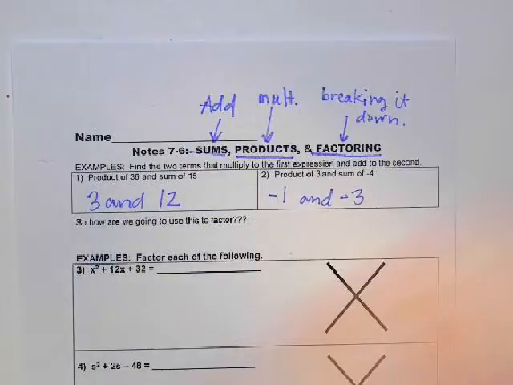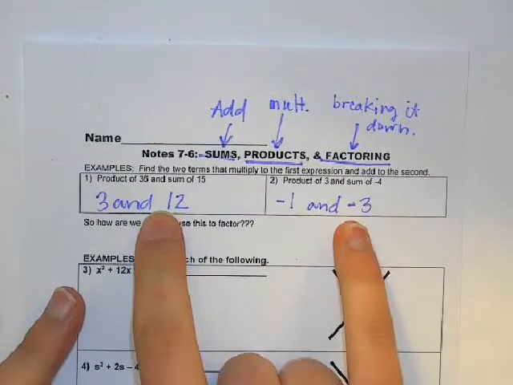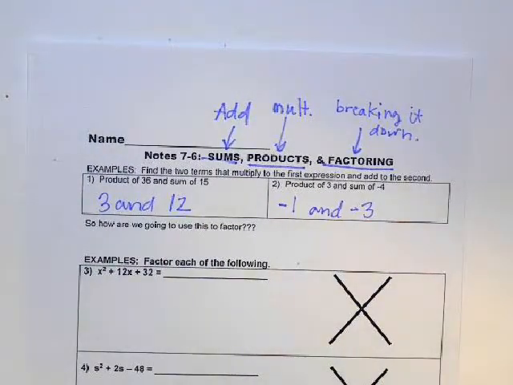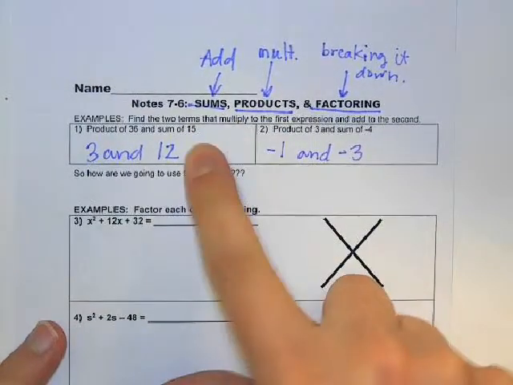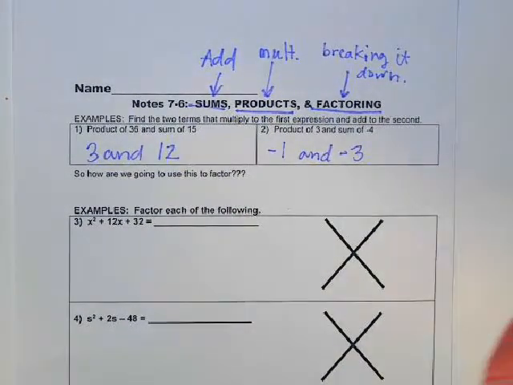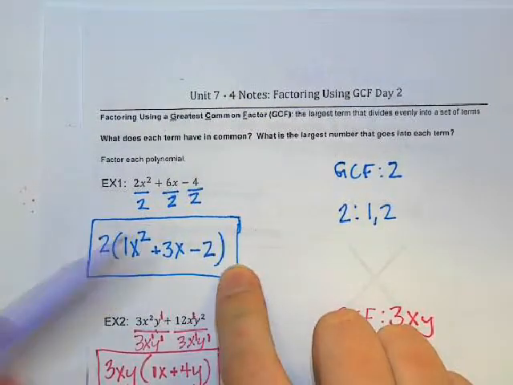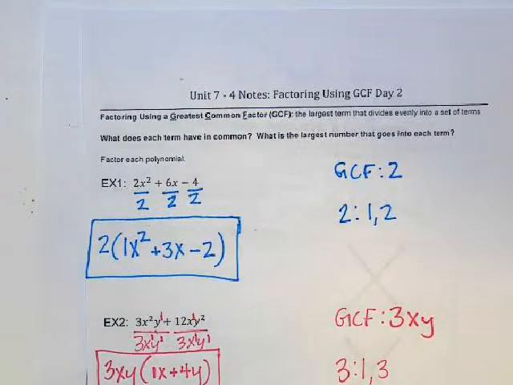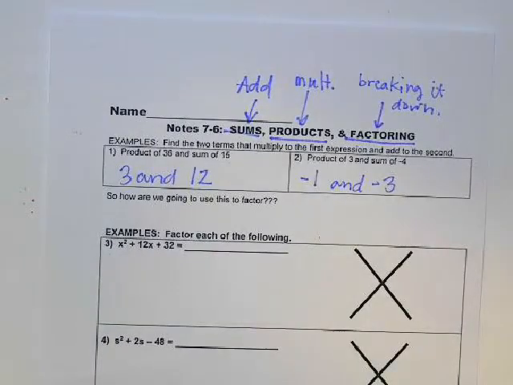Like I told you, this part right here is just one small piece to the whole puzzle. So how are we going to use this information to factor? Normally we learned factoring by using the GCF. Remember this, where we found our GCF and then we divided it and broke it down? We were working backwards. It's essentially the same thing now, but